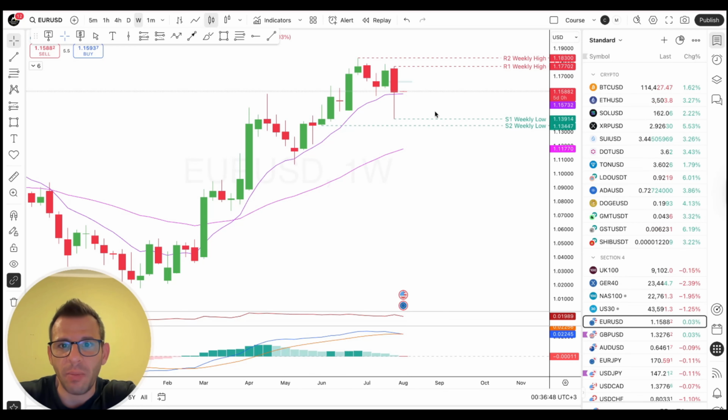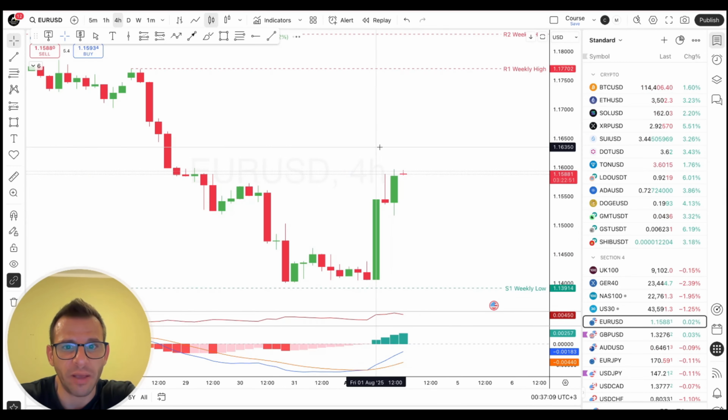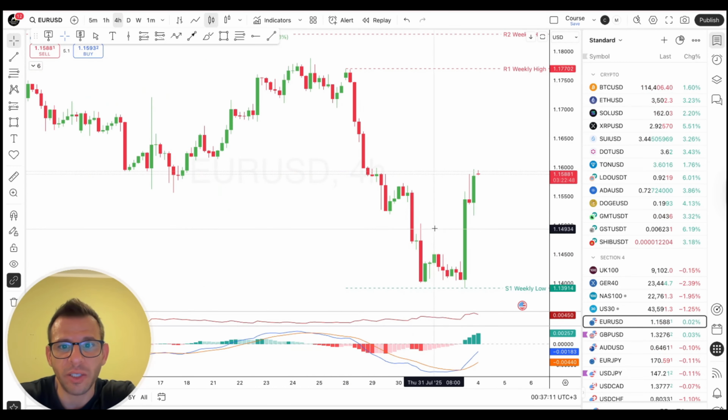Let's start with the Euro US dollar this week. What do we expect to happen? Look, the price really created a long bearish candle on the weekly time frame. It still bounced off the 10 weekly period moving average, but it has bullish implications because of the overall market structure. Now, if we move to lower time frames like the 4-hour chart, we see the price created this lower low